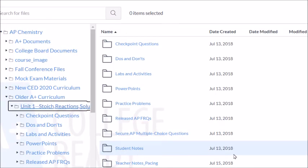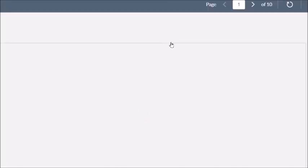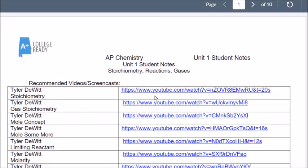In order to do AP Chemistry, your kids are going to have to move at a fairly fast pace. So we've provided a set of student notes. Again, how you use those student notes is totally up to you. But those student notes, they don't have to be on paper. You could totally post this to your school website, or you could post this to your Google Classroom or other